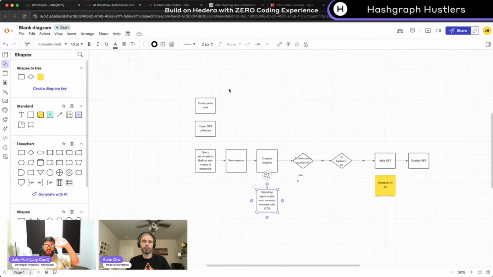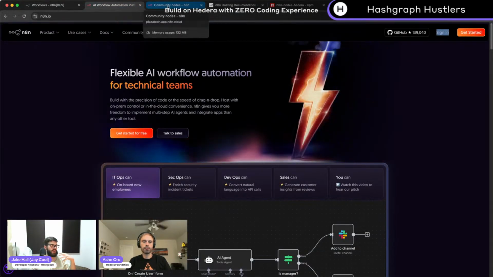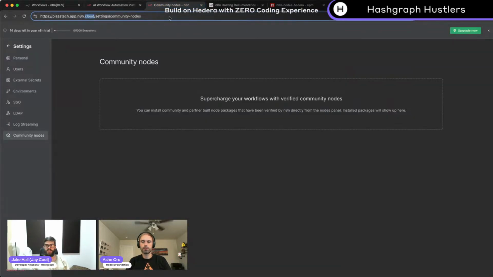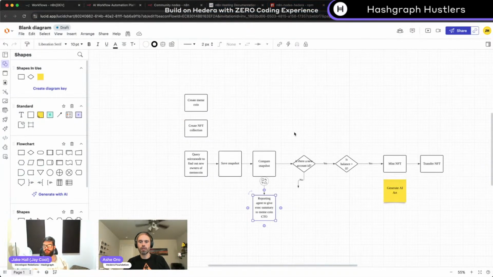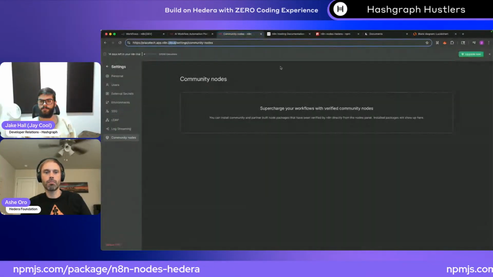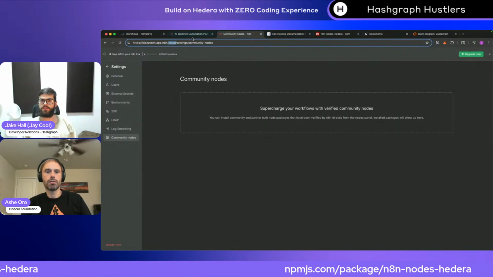Well, let's first take a step back as well, and we'll just go through the actual N8N side, how we're going to set it up, and we can then start implementing this in real life. Yeah, let's go. Okay, so